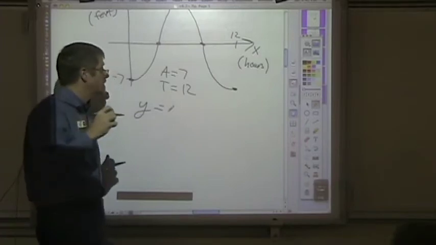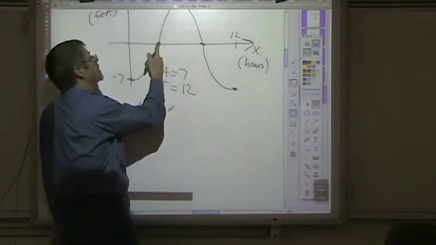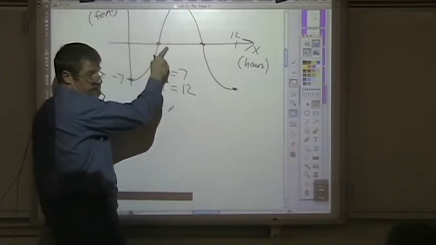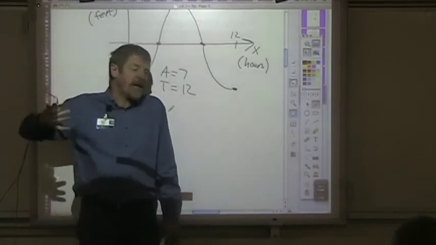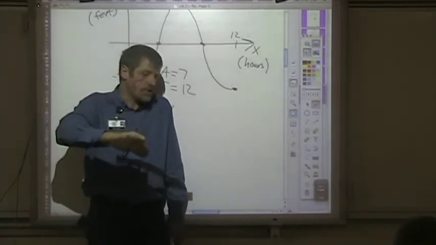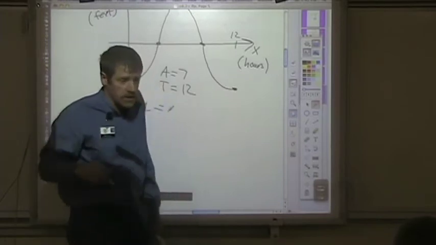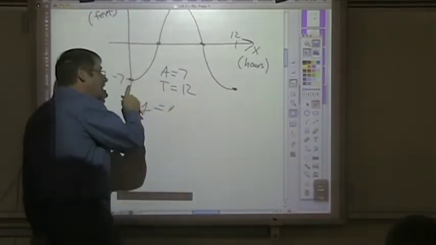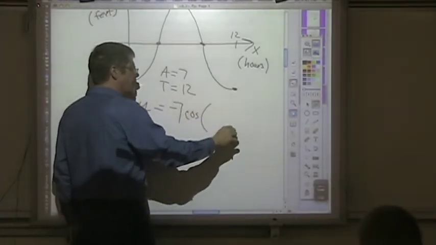Sine. Okay, sine starts at an imid, so we would have to horizontally shift this back if we want to go with sine. If it starts at either a max or a min, then you want to go with cosine. If it starts at an imid or a dmid, then you want to go with sine. So since it starts at a min, we're going to go with cosine. It's going to be -7 cosine of